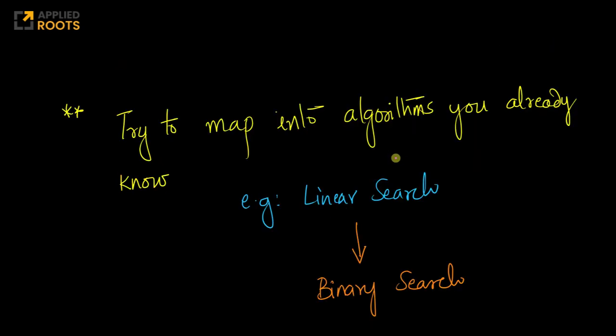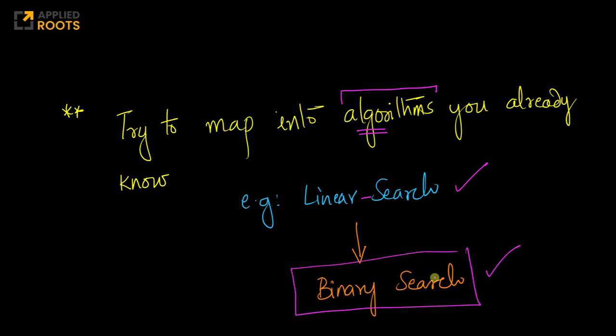Now comes the more interesting question. Again, always try to map the algorithms or any problem that you have into algorithms that you already know, like linear search. Now, the moment you map this problem to a simple linear search or an iteration-based scheme, obviously you also know binary search. Again, this is something that we cover in our course videos along with its time complexity, right? The moment you know binary search, the moment you think of linear search, obviously the next thing, because linear search has an order of n time complexity, you know binary search has order of log n, you should say, hey, can I use binary search here? Now let's try to see if binary search can be applied here.